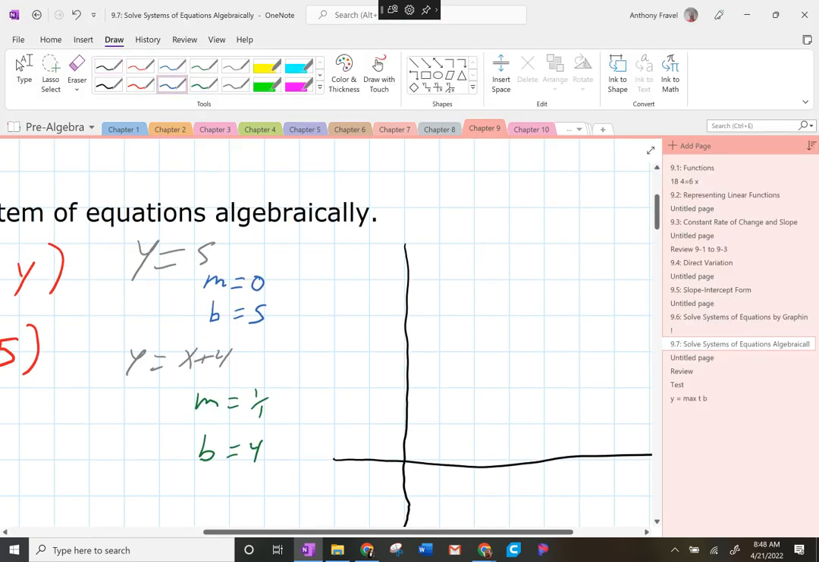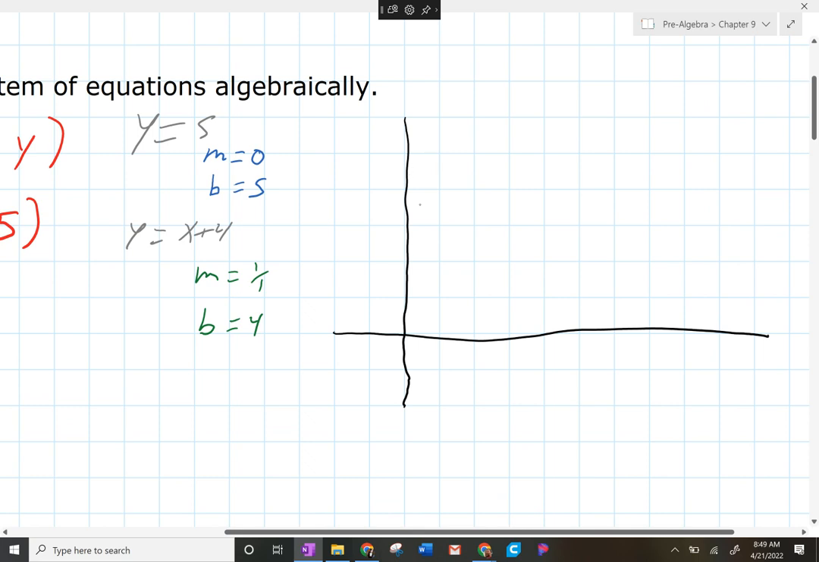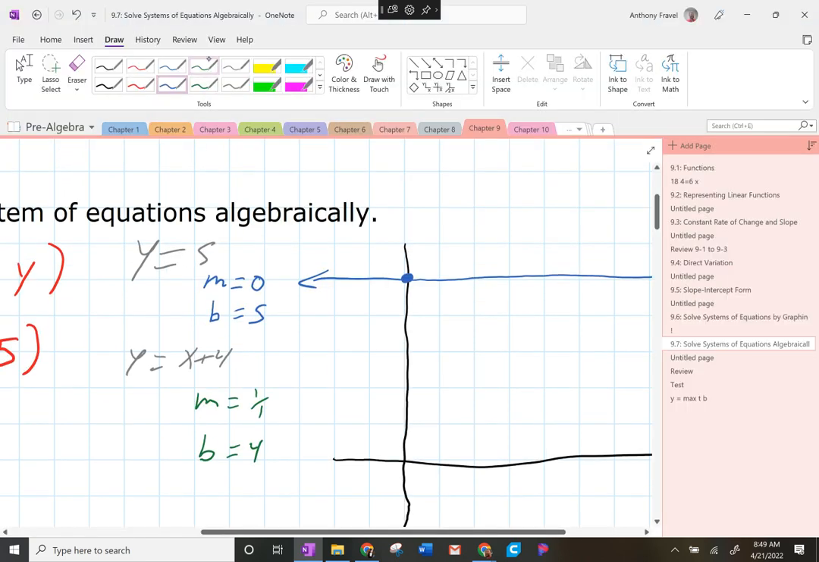So for my very first one, my blue one, I need to go to 5. 1, 2, 3, 4, 5. And then my slope is 0, so it's not going to go up or down at all. It just means that that line's going to go forever that way. My green one,